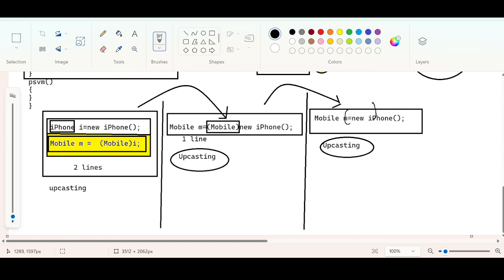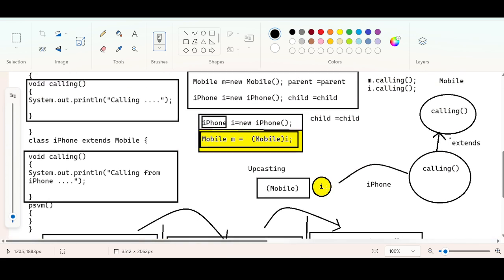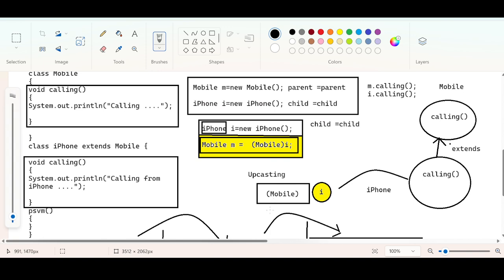This part is going to have something like mobile. My pen is not working. Try to imagine. All these three are giving the same meaning. So upcasting definition-wise it is okay, diagram-wise it is okay, and our understanding of the theory is completely okay, right? So what are the actual advantages of upcasting that we are going to discuss now?